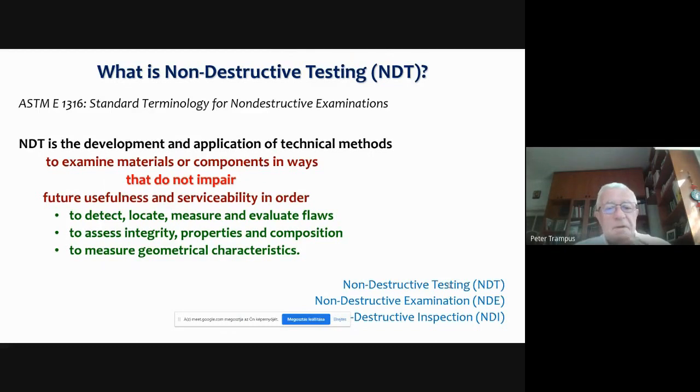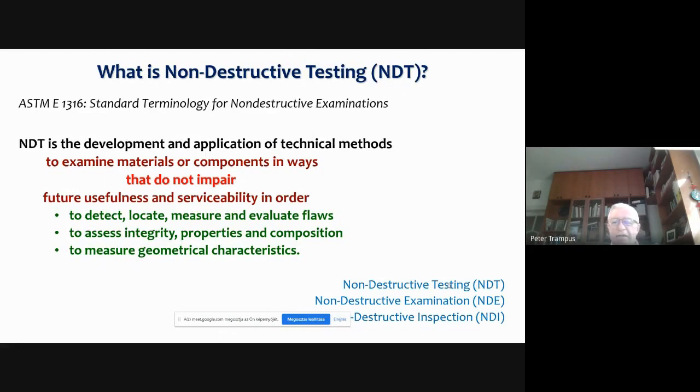It's a development and application of technical methods to examine materials or components in ways that do not impair the usefulness and the serviceability. And the goal is to detect, locate, measure, and evaluate flaws, assess integrity, properties, composition, or to measure geometrical characteristics.